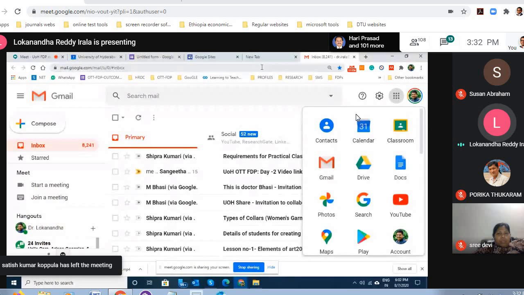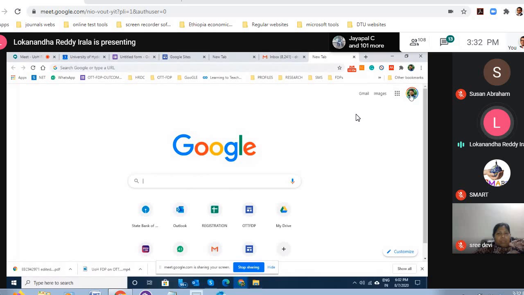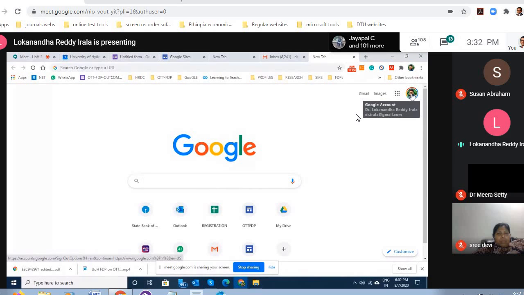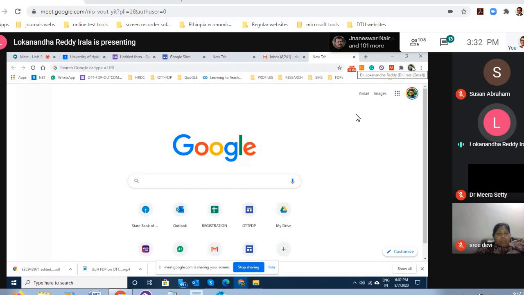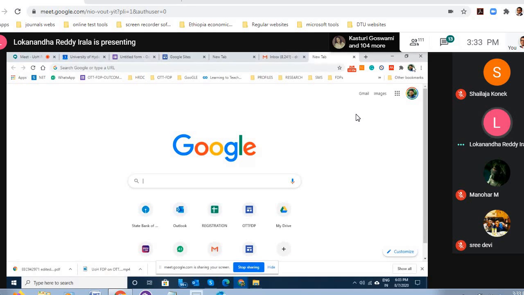So what I do now, I'll simply open a Google search page, but please be informed that you should have been logged in. See here, I have already logged in to my Google account, and more specifically, to my Google Chrome profile. Once you are logged in with your Chrome profile, you can use the Google search page itself as a gateway to reach all your apps. If we do it once, then we know how to bookmark it.